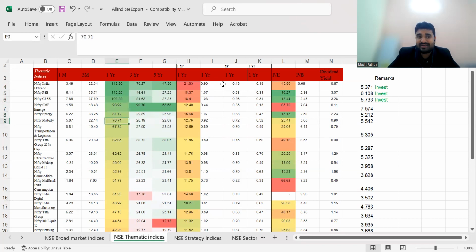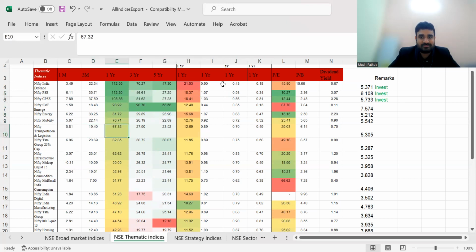Why have I marked the top three as invest? Because I see that a lot of P by E value has to be unlocked over here. You see, these are all undervalued, still giving so much percent of returns. They're still undervalued, not overvalued. So a lot of price unlocking will be there, and they will see further upsurge. And being an election year, the sentiments are high on public sector enterprises. Put your bet on those stocks, those funds, those ETFs, and you will see a tremendous return like they have shown you over here.